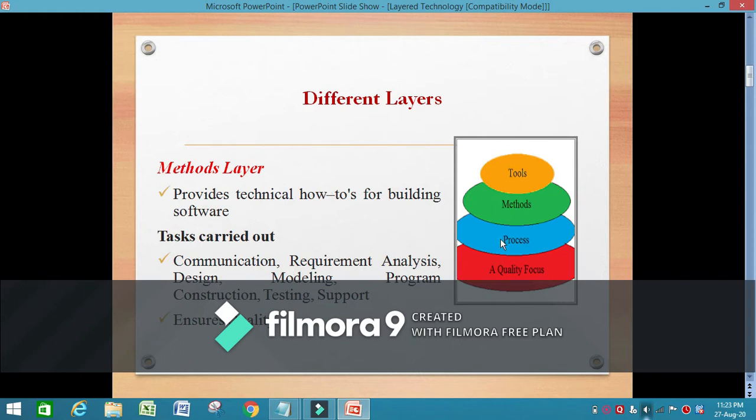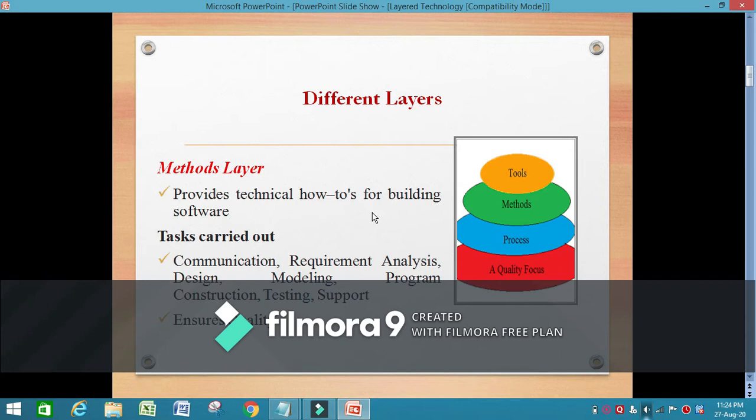Another layer that we are going to see is the methods layer. In the methods layer, the main task is to carry out the tasks needed to achieve all those things that we have defined in the process layer. The methods contain procedures, like how-tos for building the software.